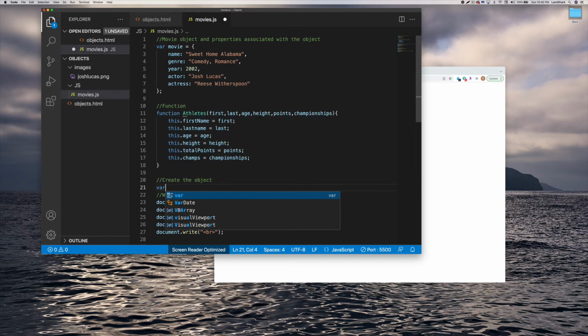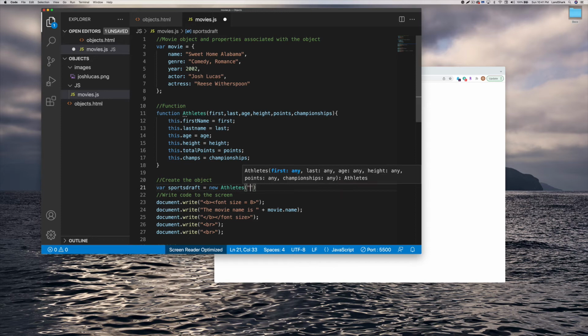And how we do that is we set up a variable, and we can say, we'll say draft, sports draft equals, then we'll say new, and then we'll name it function athletes. We're creating a new athletes, and then within that we're going to send